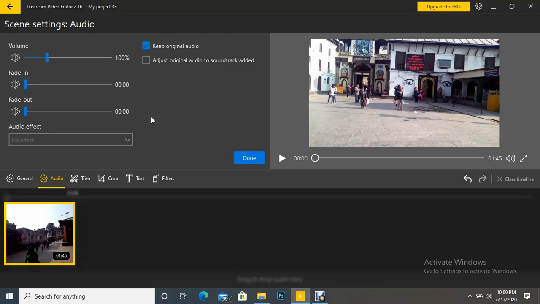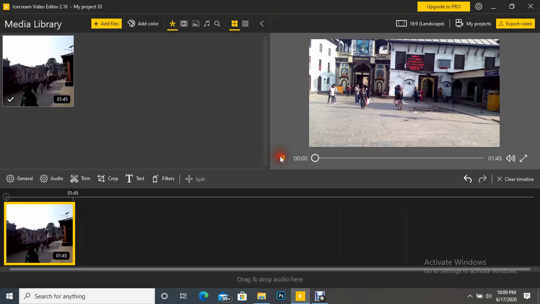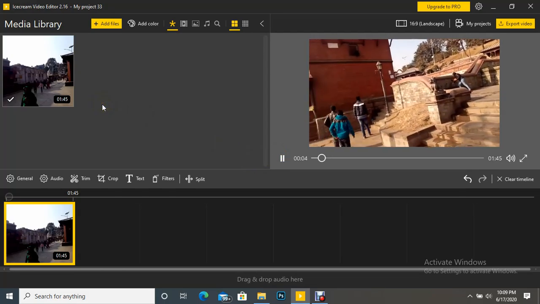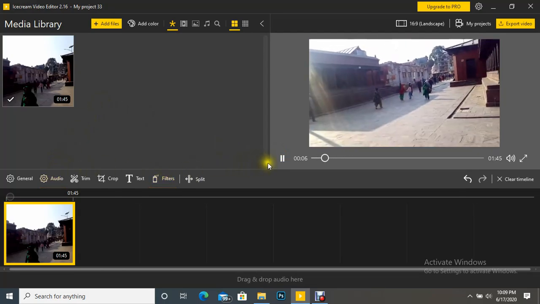So what is the meaning of each particular command or tool? Let's understand that. Volume actually increases the volume. We can see here, if I click done and play it, the sound increases, I mean the volume increases. Similarly,